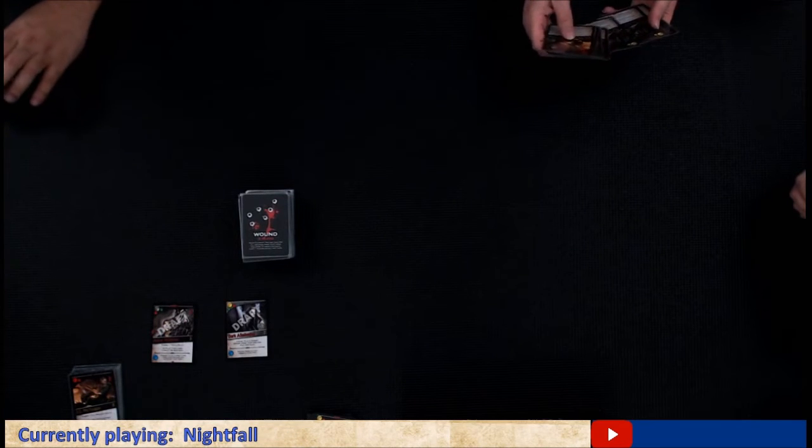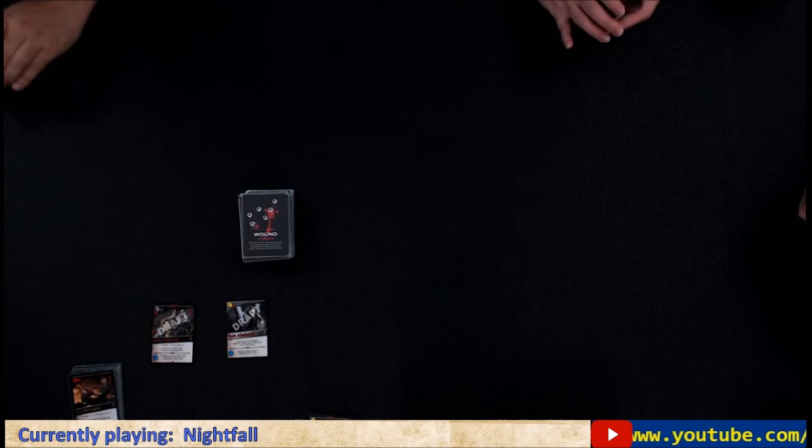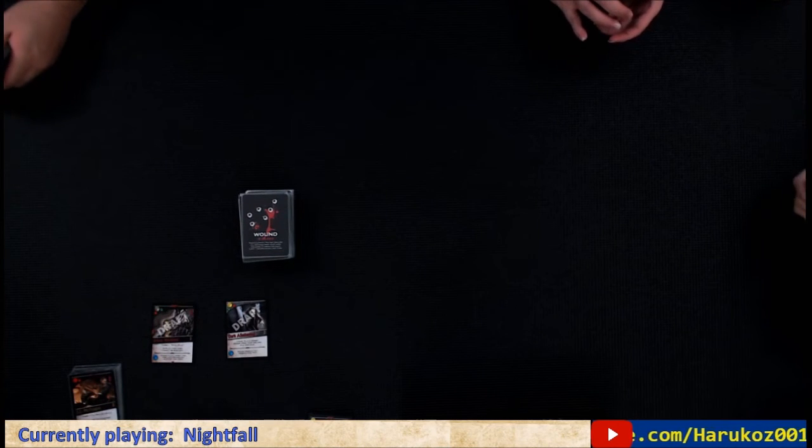Once you've claimed your cards, of course, they go to your discard pile. And then in the cleanup phase, you draw cards. You have to draw cards. And you may resolve one wound effect. So if you have a wound in your hand, what that means...